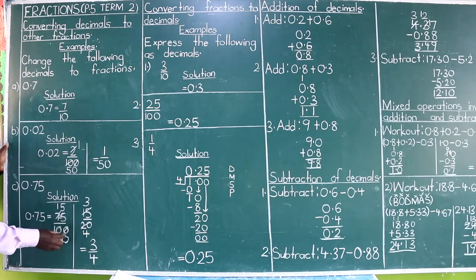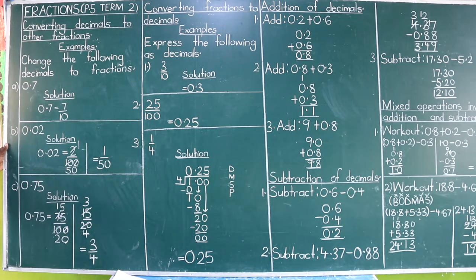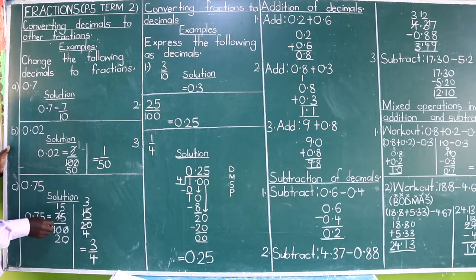So 75 and 100 are then going to be reduced further by 5. So I'm going to divide by 5, that is. Where 7 divided by 5, you get 1, remainder 2. This 2 goes to 5 and forms a new figure called 25, which, when divided by 5, you get 5. So that is already divided.